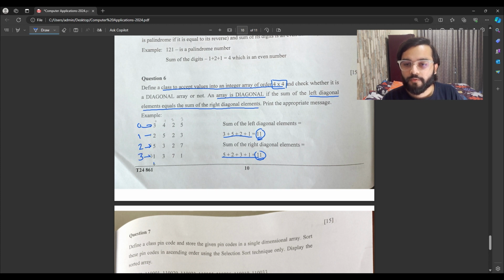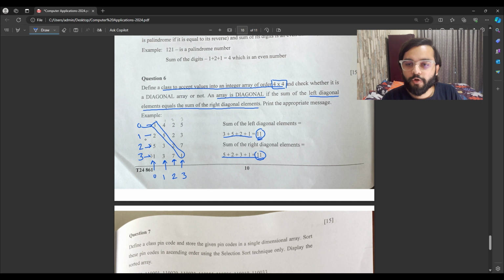This is our 0th column, this is our first column, this is our second column and this is our third column. So in the left diagonal, we can see that the position of row and the position of column are both the same. First this is 0, 0. In the second, this is 1, 1.